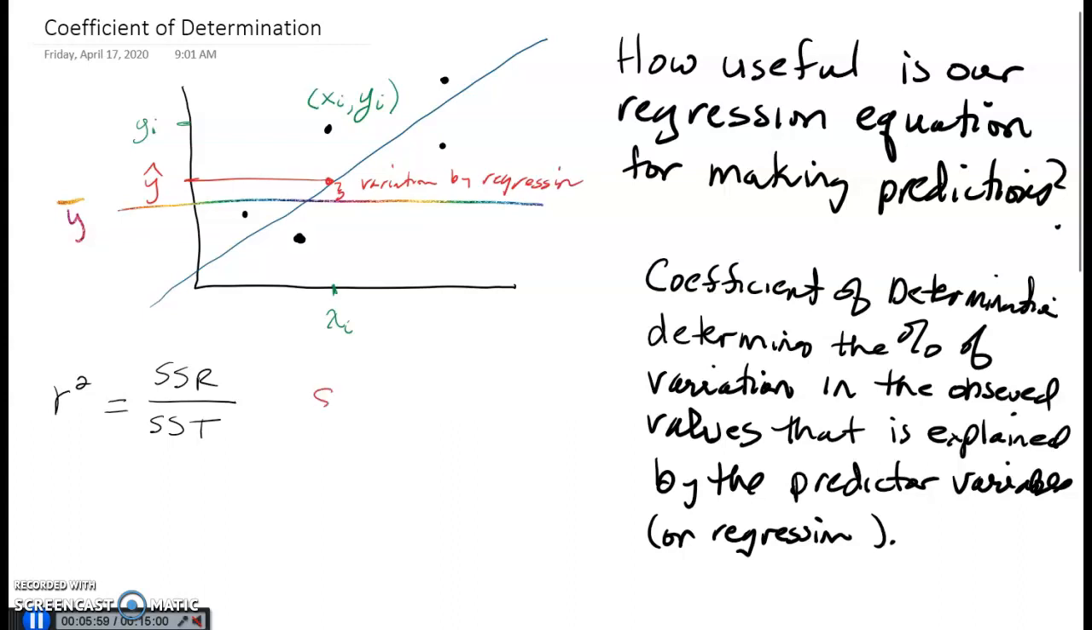Okay, and that's what our SSR is, our regression sum of squares. That formula is taking the sum of each value's y hat, subtracting the y bar, and squaring it. And that's where we get the regression sum of squares from. Now,